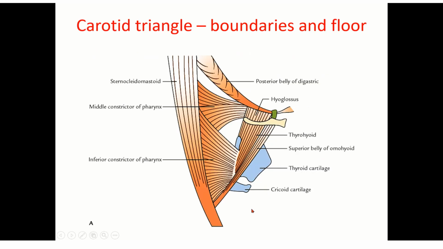So now coming to the carotid triangle, as you can see here. This triangle has the carotid arteries: common carotid, external carotid, and internal carotid. So this triangle derives its name from its arteries. You can see the boundaries. This will be the posterior belly of digastric, and stylohyoid will be there. And here you can see the superior belly of omohyoid, and this will be the anterior part of the sternocleidomastoid. And even in the floor you can see so many muscles here. This will be the hyoglossus, this will be thyroid, this will be the middle constrictor, and this will be